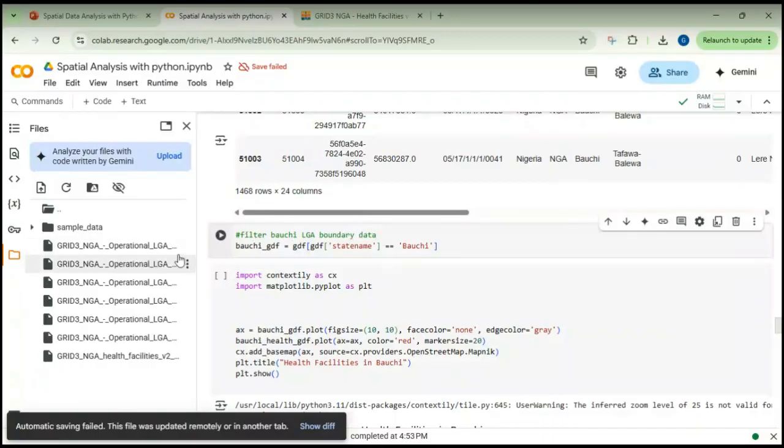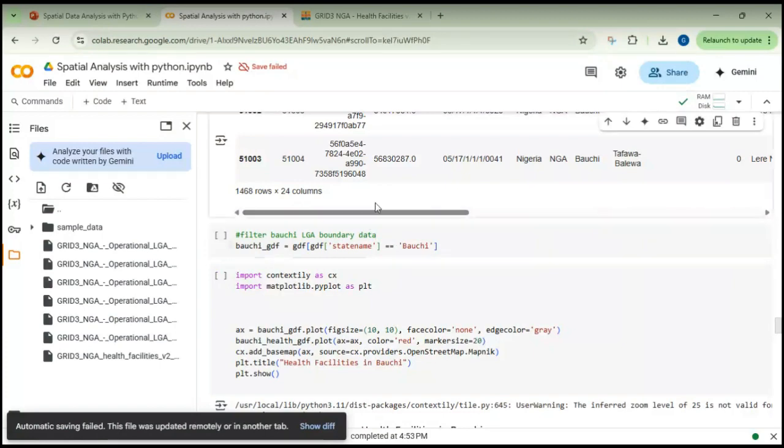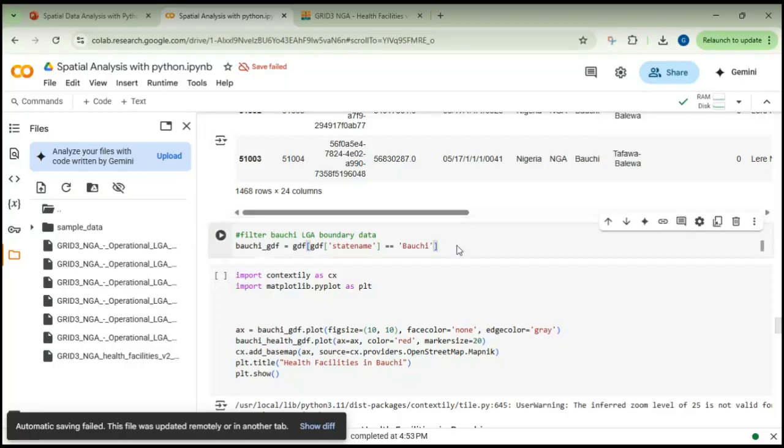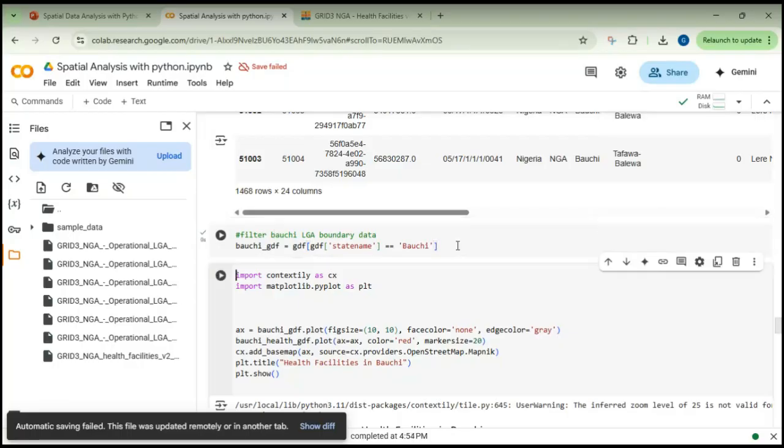So all this is just basic Pandas filtering code. GDF, let me scroll up to avoid confusion. GDF is the variable that we assign for all administrative local government boundaries in Nigeria, and that's what we are filtering. So we are filtering the data if the state name is Bauchi. So we filtered out Bauchi for the health facility, and we filtered out the